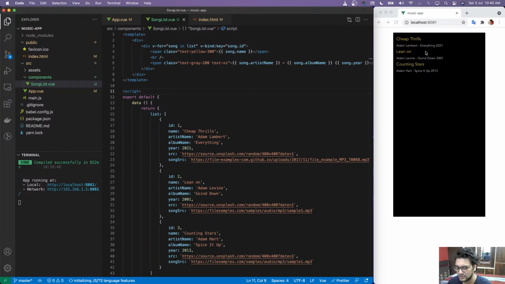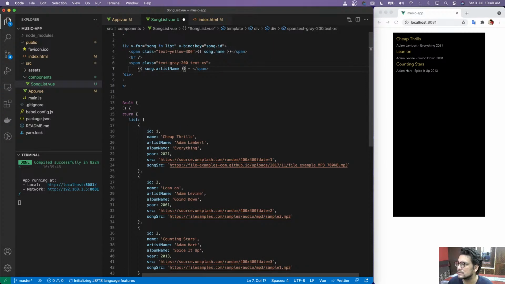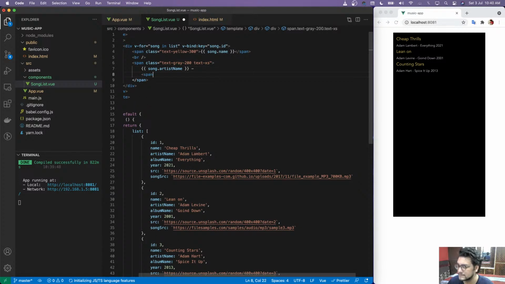So what I am basically going to do is change color, I guess. Let's keep it in a new line here as well. So what I'm going to do is span,